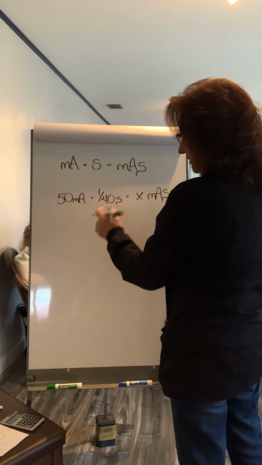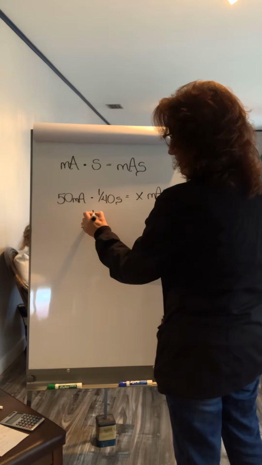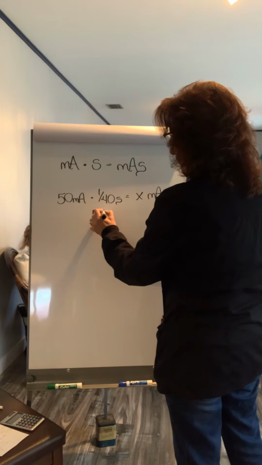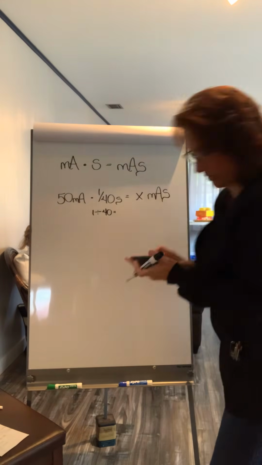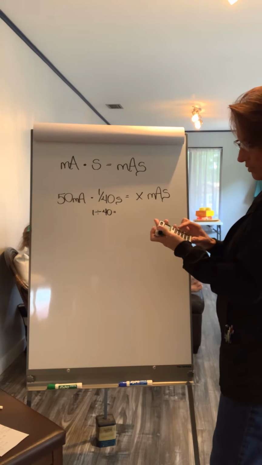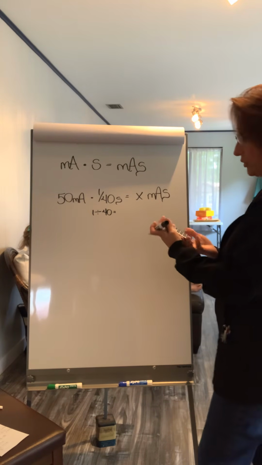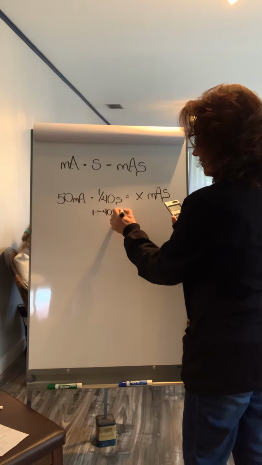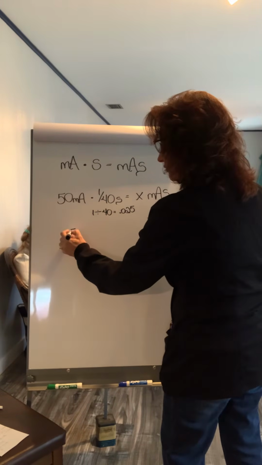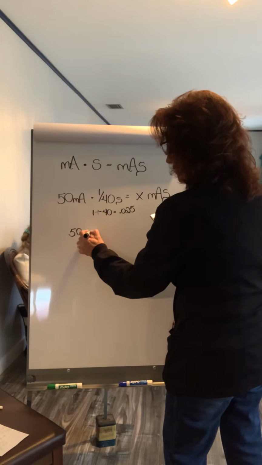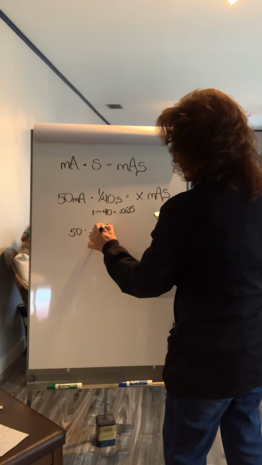A 40th of a second, literally you take 1 divided by 40, and that should give you 0.025 if I remember correctly. So 1 divided by 40, 0.025 is your decimal. So then you could go back in and do 50 times 0.025,